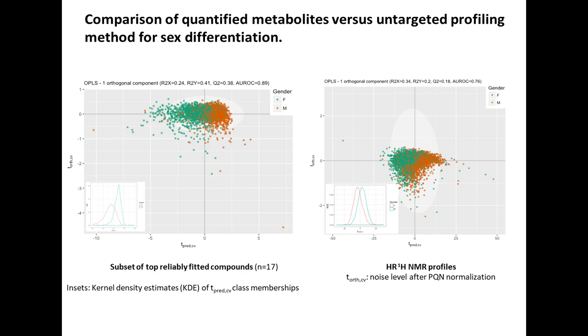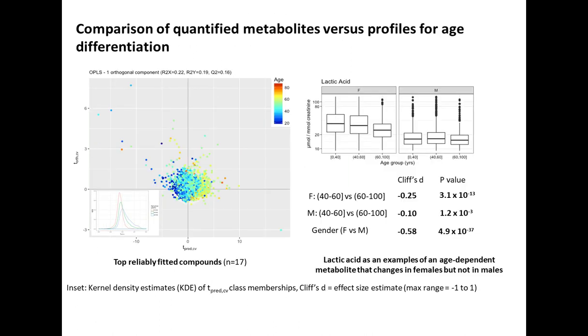One thing that's missing in the literature is a really comprehensive validation of physiological variation. Here you see gender differentiation. This is based on 6,000 individuals, and from these 48, actually only showing 17 here, of the top 17 differential metabolites, you can see strong differentiation between males and females, and you can look at the distributions here.